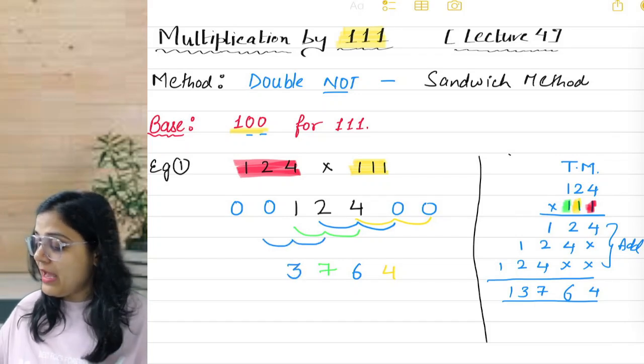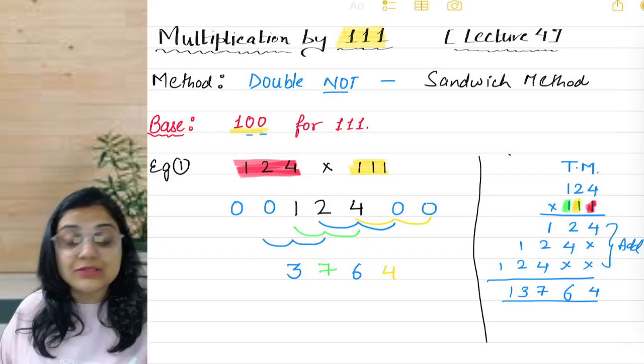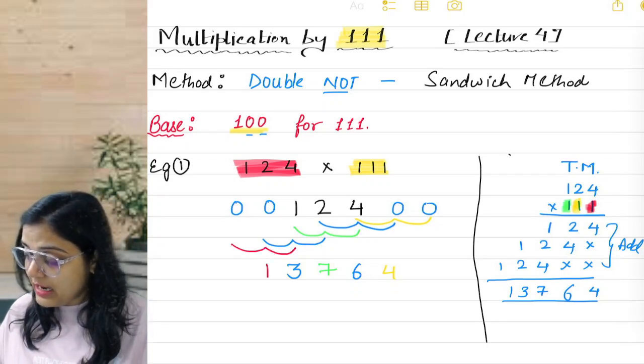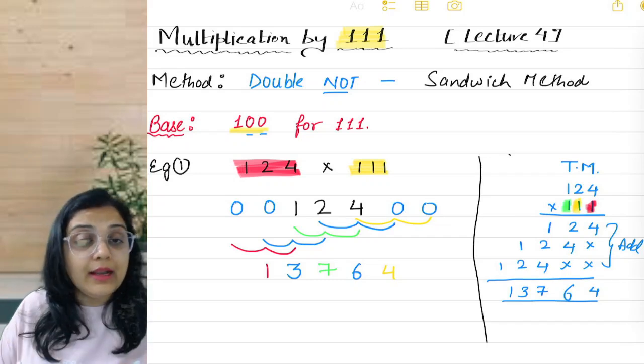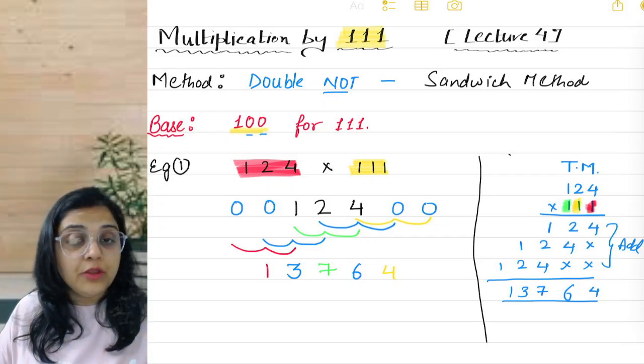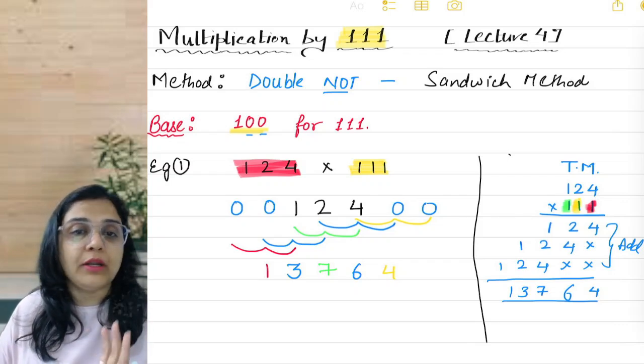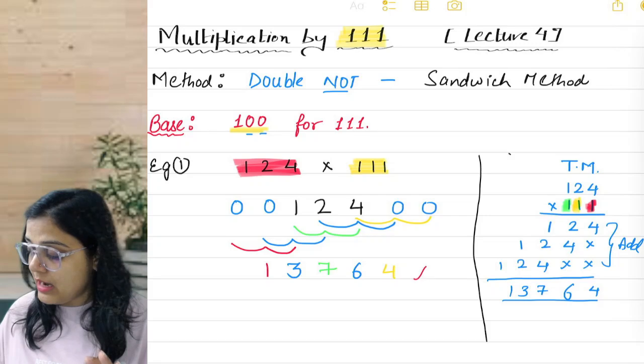And then we'll add the next 3 numbers, that is 0 plus 1 plus 2, and the answer is 3. And finally we'll add the next 3 numbers, and we'll add these 3 pairs until we cover all the pairs. The moment you are left with the last pair of 3 numbers, you'll stop. So this is my answer.